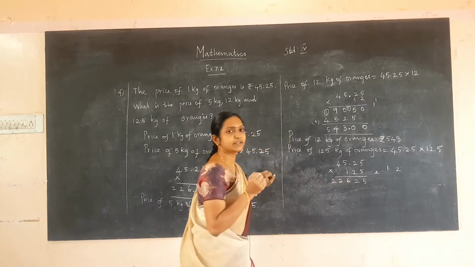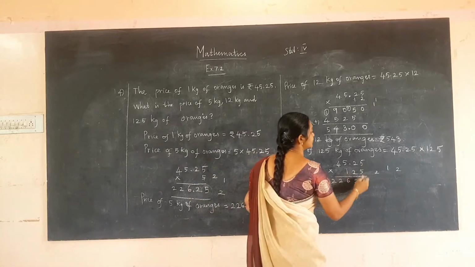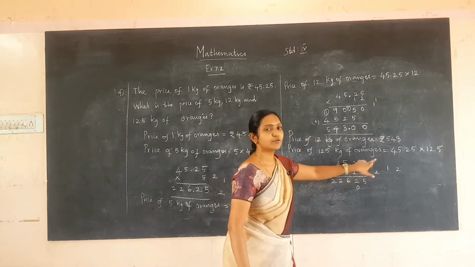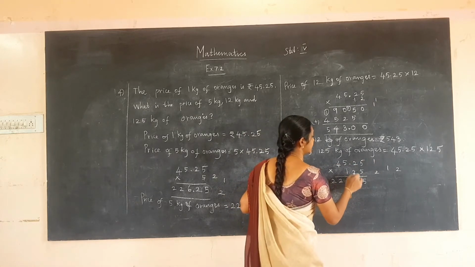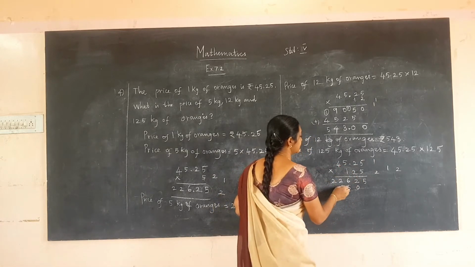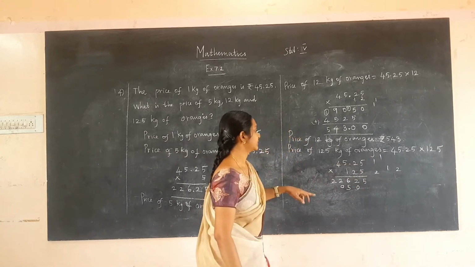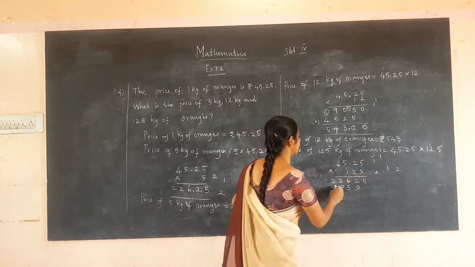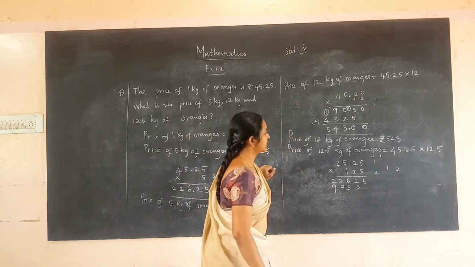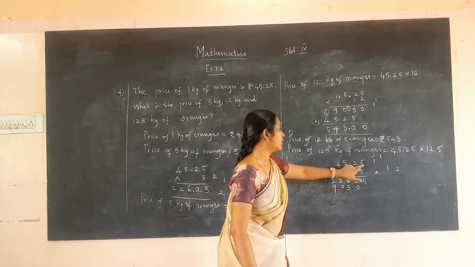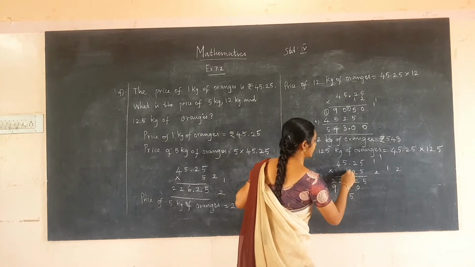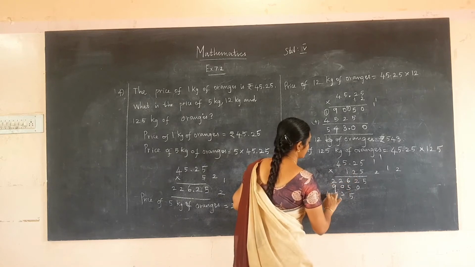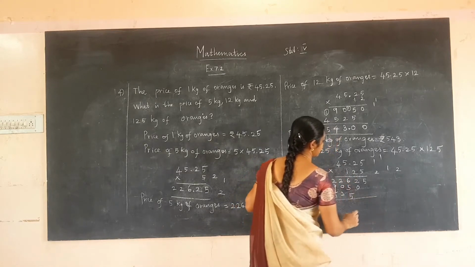Next we are going to multiply it with 2. 5 into 2 is 10. So write 0 here and 1 is remaining. 2 into 2 is 4. 4 plus 1 is 5. 5 into 2 is 10. So write 0 here and 1 is remaining. 4 into 2 is 8. 8 plus 1 is 9. Next we are going to multiply it with 1. 1 5 is 5. 1 2 is 2. 1 5 is 5. 1 4 is 4.